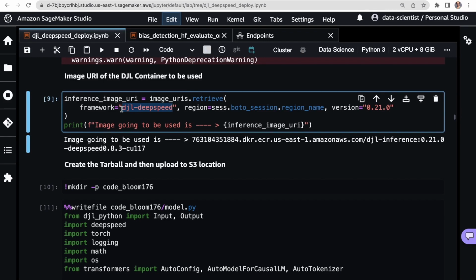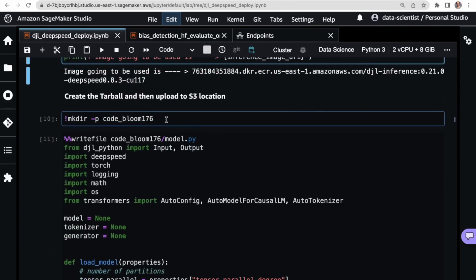So this is the DJL, or the Deep Java Library framework, which is nice for hosting large models. And in particular, this is a DeepSpeed version. There are many other distributed frameworks you can use for hosting a large model. This one just happens to use DeepSpeed. But you can also use Hugging Face Accelerate. You can use any number of new frameworks that have been developed. There's a lot of flexibility here.